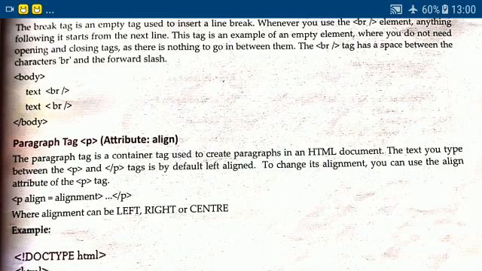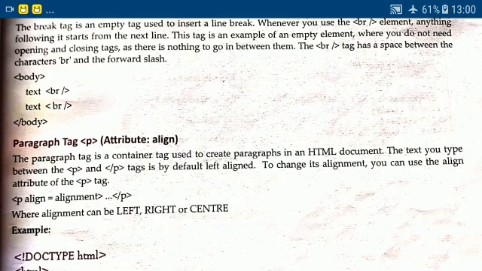Alignment means in place of alignment you will write center or right, because left is the default, so there is no need to write left. It will come in left only. But I want my paragraph in center or right side, so I will write opening tag P, align is equal to center. Then close the tag and write the text in between. The three dots mean that there you have to write your paragraph, and then you close your P tag with slash P. So your paragraph comes in center.